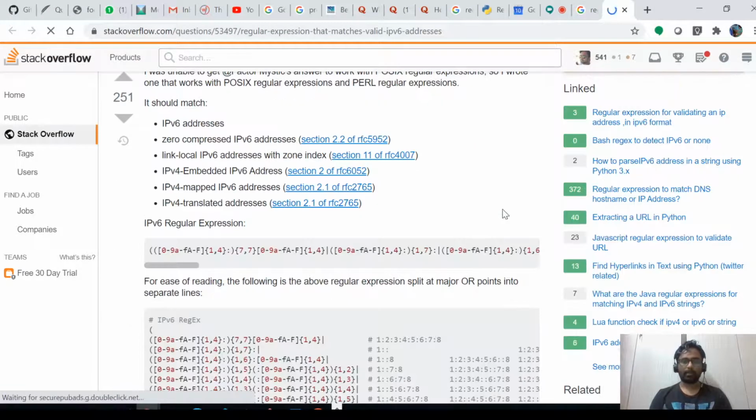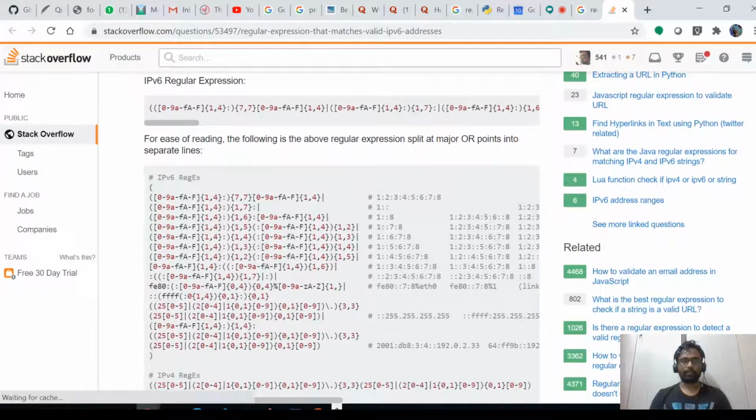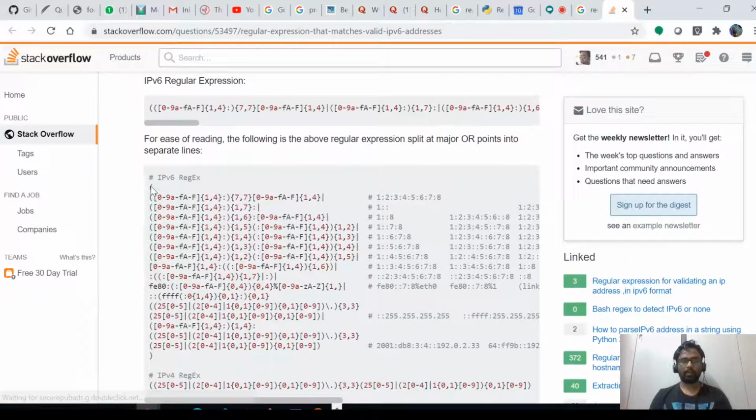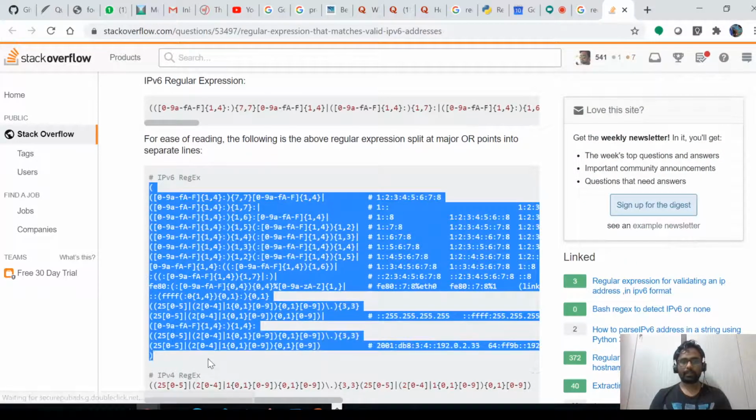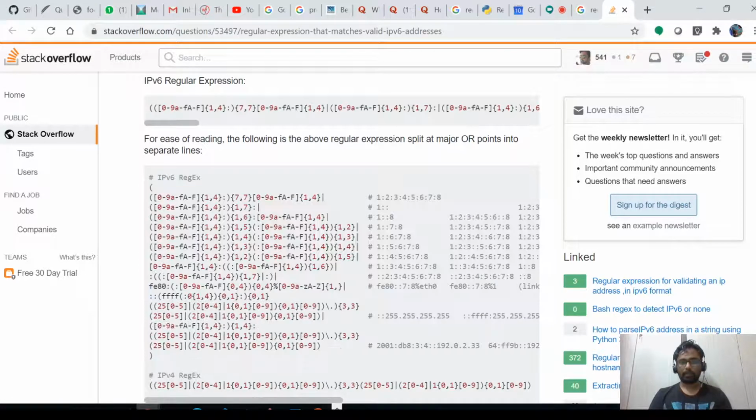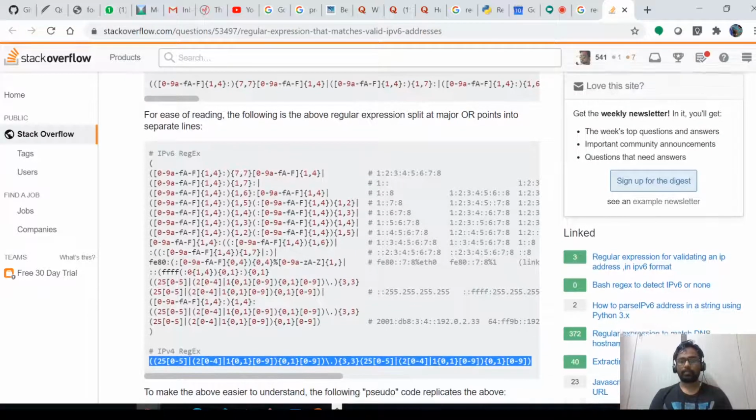But you don't have to remember all these things. See, this is the regular expression for IPv6. This entire statement is put in one line. They put it in one line, and here they lay it out so that people can understand. And this is a regular expression for